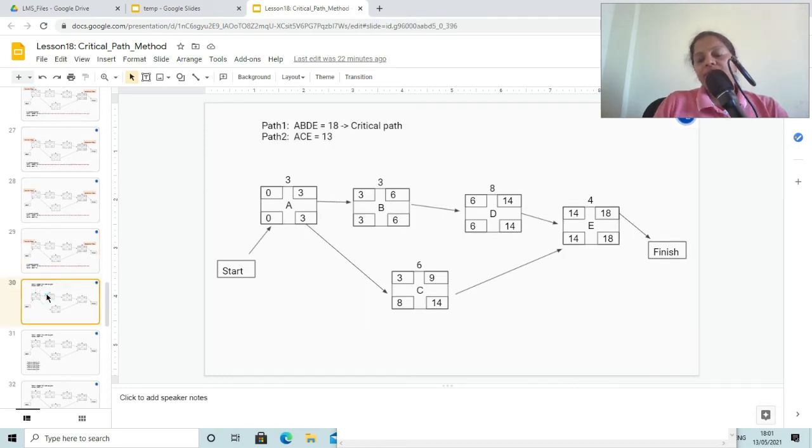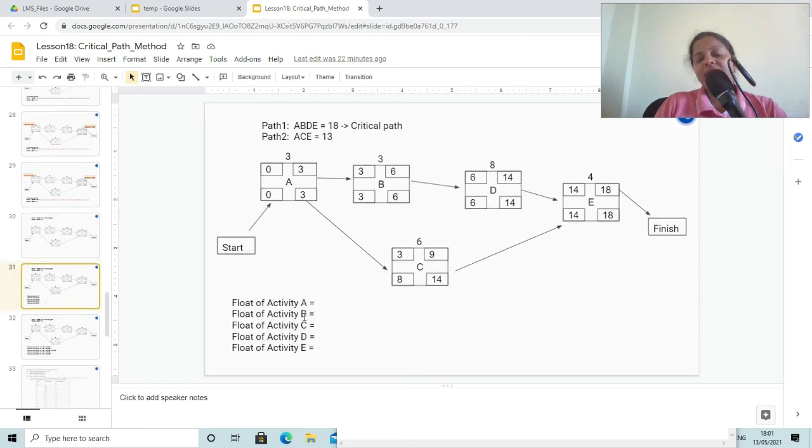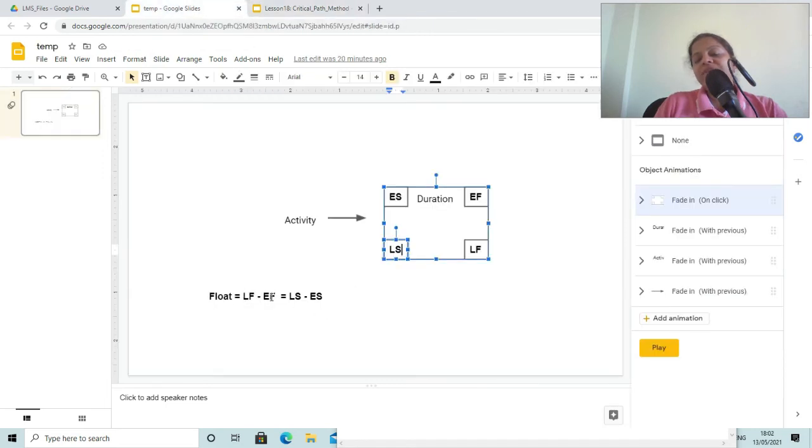So now let us start with float of activity A. If you see activity A, here this is early start and early finish, this is late start and late finish. So the formula for calculating float is late finish minus early finish or late start minus early start.